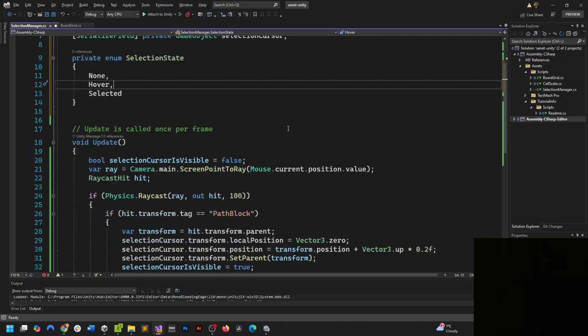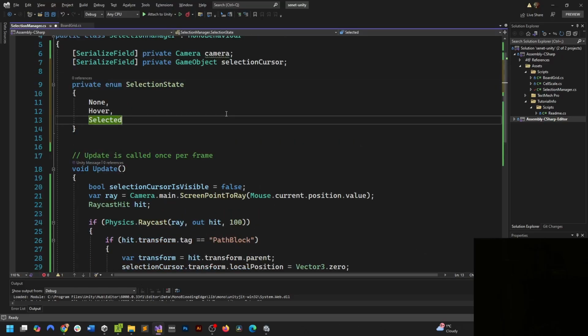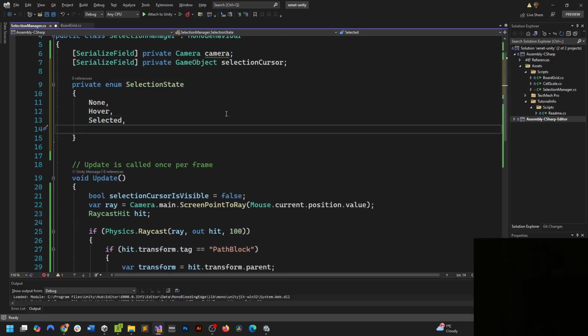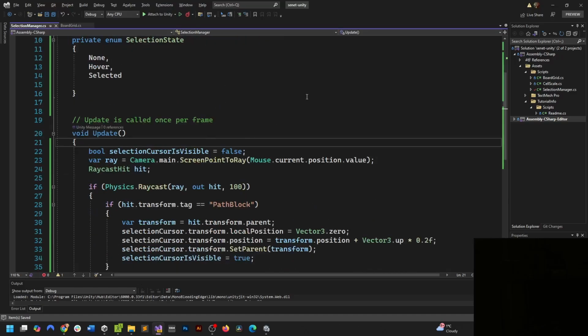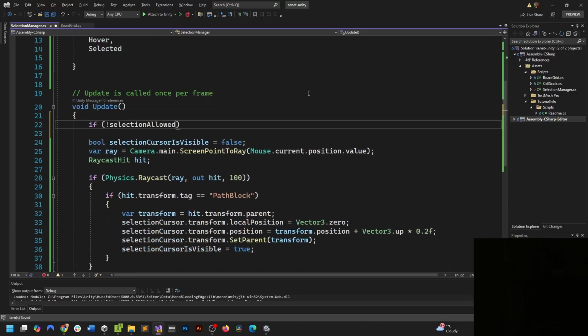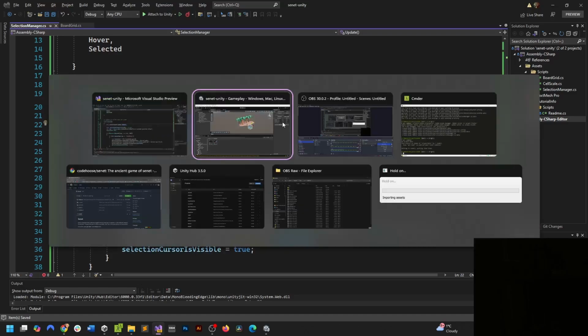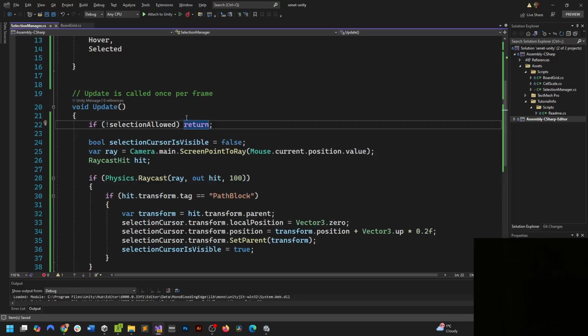Okay, none, and then we also want to have a serialized field, selection allowed, and I'm going to say if not, return. So if we're not going to allow selection, then we shouldn't have access